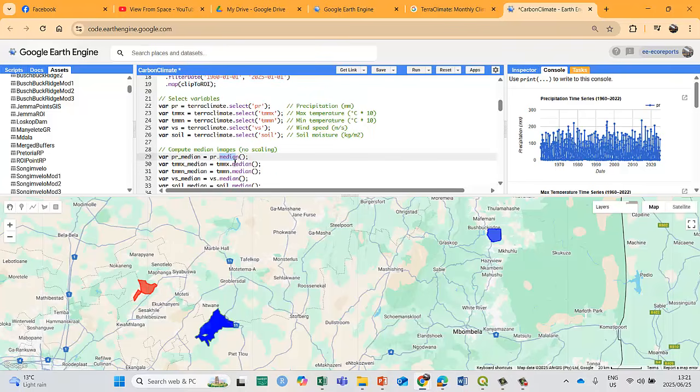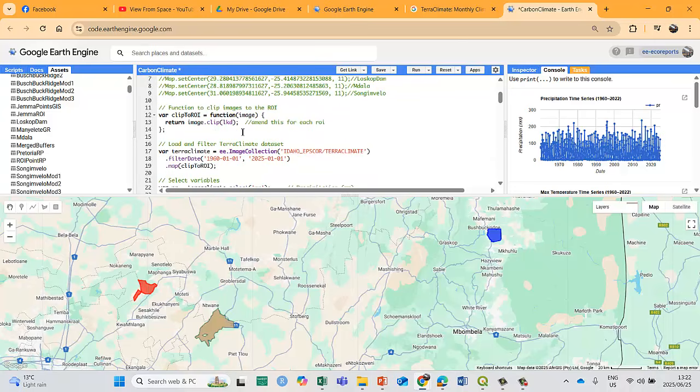Now you can take the average, you can take the sum, you can take the minimum, you can take the maximum. There's a number of reducers that you can include, but my favorite is the median. I used to be a big mean fan, but now I genuinely like the median. Not always, but I do like the median image. And obviously you can amend it to Fahrenheit or kilograms or whatever the case might be. That's totally up to you.